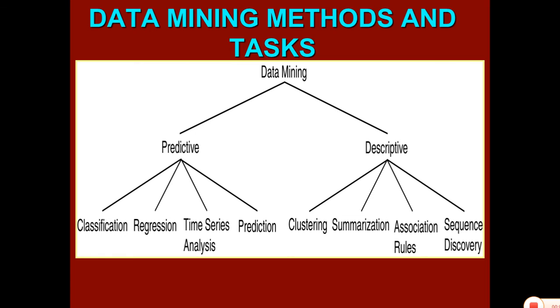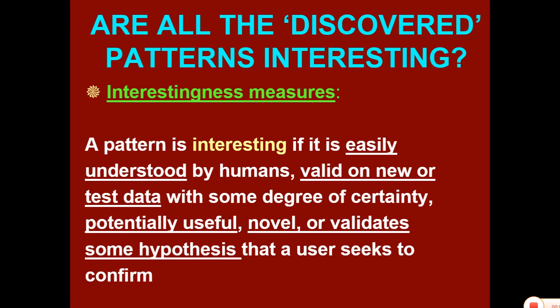So this is actually a representation of data mining. We can define data mining as predictive and descriptive. Under predictive, you have classification, regression, time series analysis and prediction. In descriptive, you have clustering, summarization, association rules and sequence discovery. So in a predictive manner you are going to divide the data according to the rules, and in a descriptive manner you are going to define the data according to rules. According to the property you are going to group the data, just as we make clusters in clustering. We are going to see this in detail while studying the clustering part.